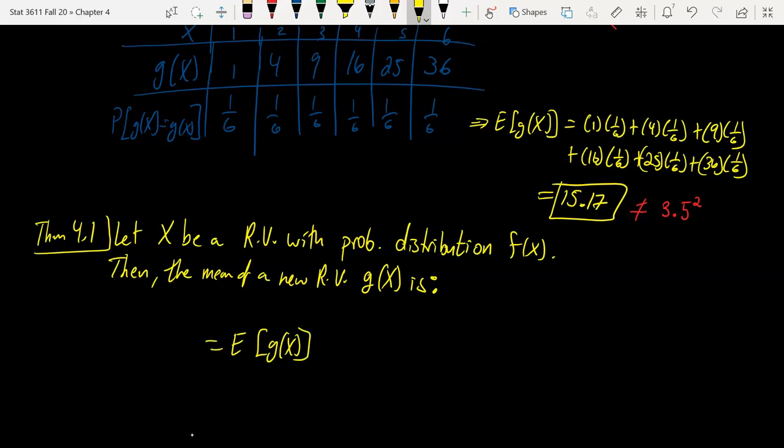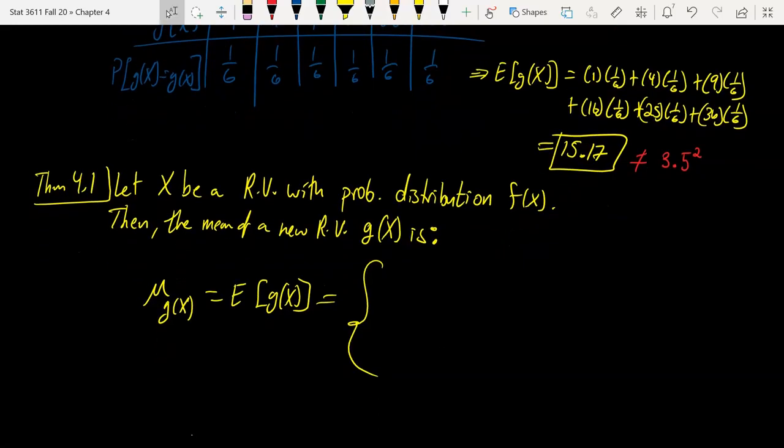In terms of the mu notation, we would prefer to put a subscript, so we know what we're referring to. So mu of g of x in a subscript, if you will. G of x is just a random variable. So this is literally just the same definition, but the notation is going to look a little bit more fancy because it's a function. So we say g of x times f of x,